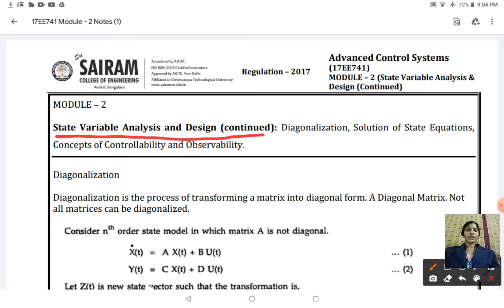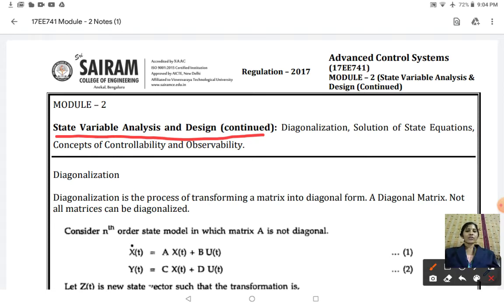mechanical network, and by different methods we solved the state variable analysis, with different analyses done by means of the differential equation approach, transfer function approach, and state variable approach. Under the state variable approach we have seen the first canonical form, second canonical form, and by means of the partial fraction method we obtained the solution of the state model representation. So we have seen the different ways of obtaining the state model representation.